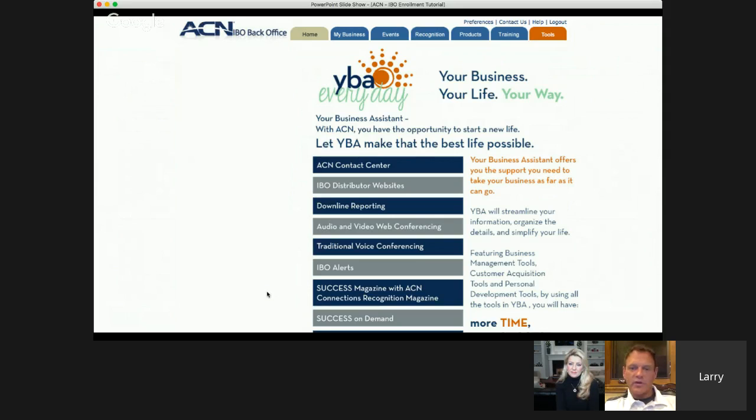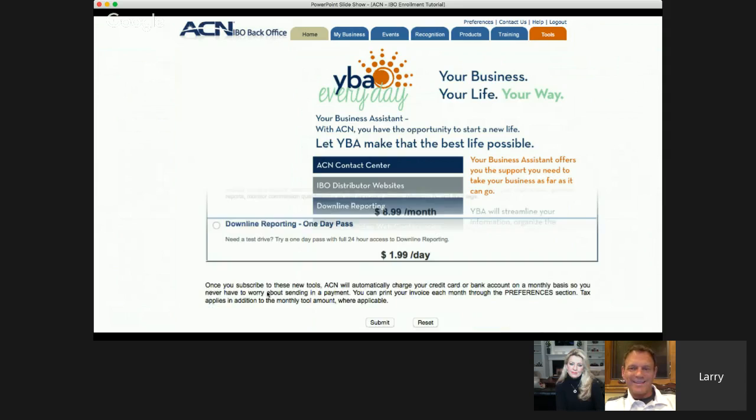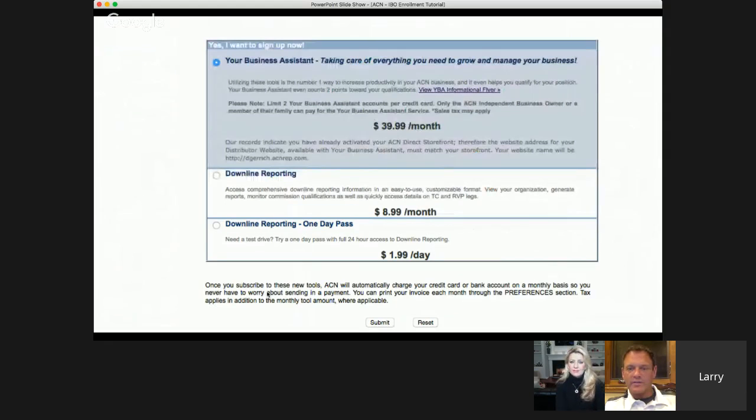It also gives you a conference call number. It gives you a contact center where you can email video emails out to people and see how long they've watched them and if they have any interest. It has a ton of personal development stuff from John Maxwell, Jim Rohn, all the greats. And it only costs $39.99 a month. And what's great about that is no contract. But I can promise you this, once you get on it, you won't get off it.